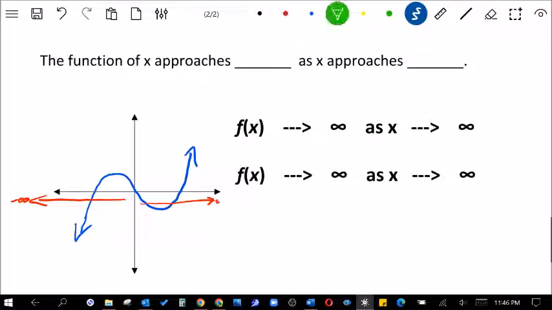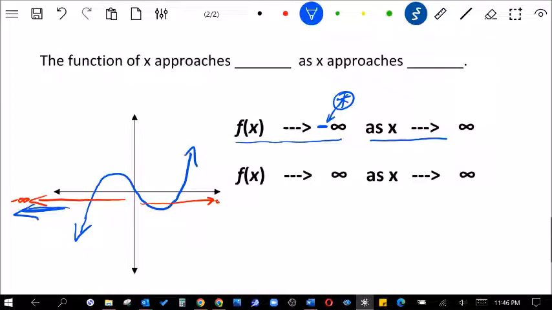So let's take this first one. The function of x as x approaches, I'm going to put negative here now. Okay, so that means we're going this way here. The function of x approaches negative infinity as x approaches what? Well,